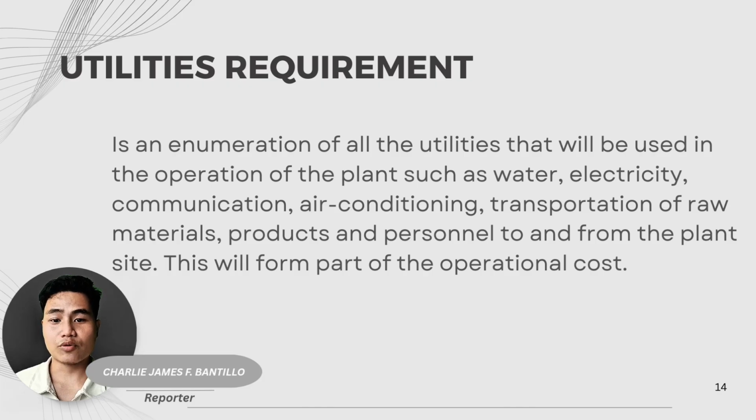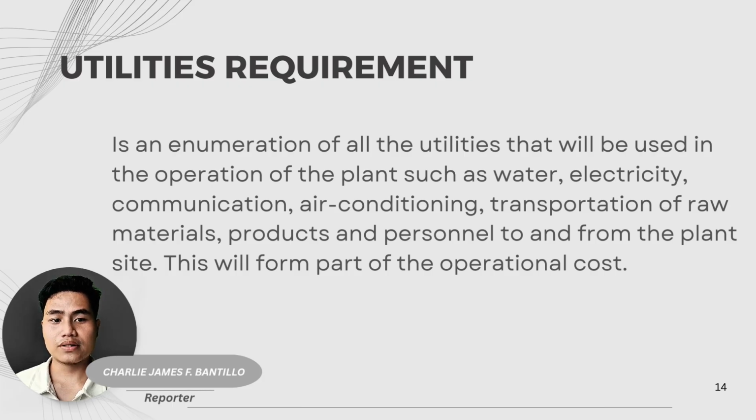Water is for production, like washing, mixing, or cooling, cleaning, and employees' use. For example, monthly water bills, maintenance of water tanks and pumps. Electricity, to power machines, lighting, computers, air conditioning, and refrigeration. Example, monthly electric bills, generators, fuel,